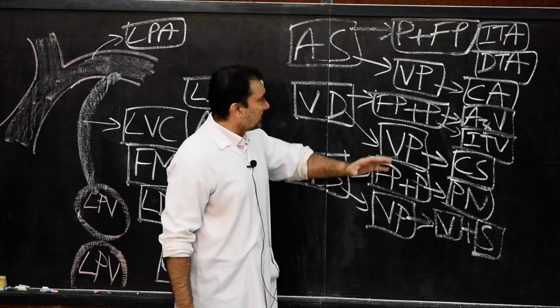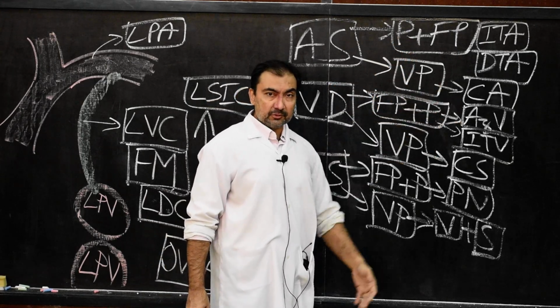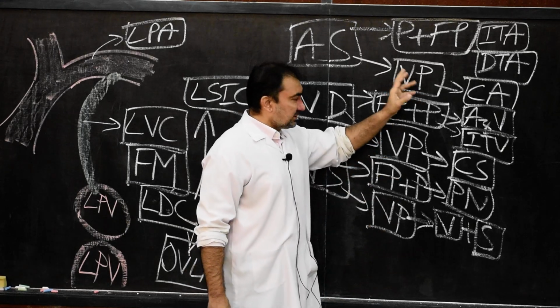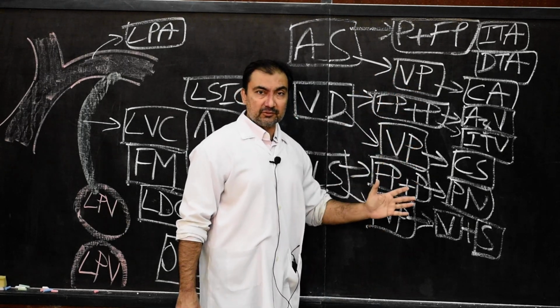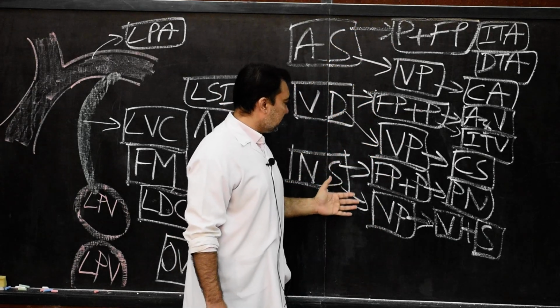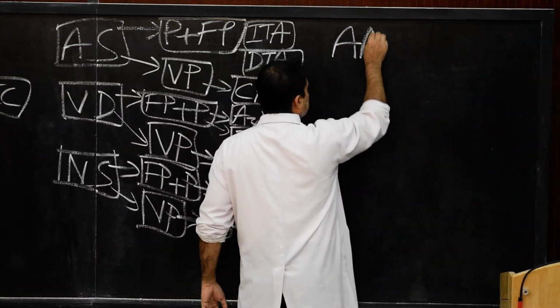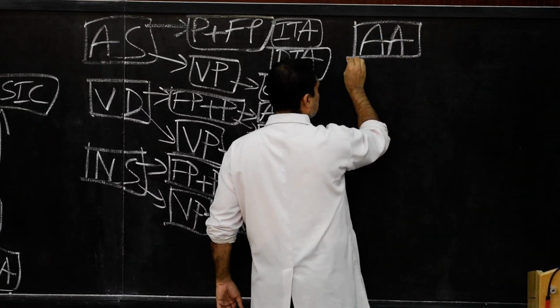But remember one thing over here, the fibrous pericardium and parietal pericardium will receive from the same source, and the visceral pericardium will have another, different source. So this is the flow chart to remember the arterial supply, venous drainage and nerve supply. Now please come on this side. Here we discuss the applied anatomy of the pericardium.